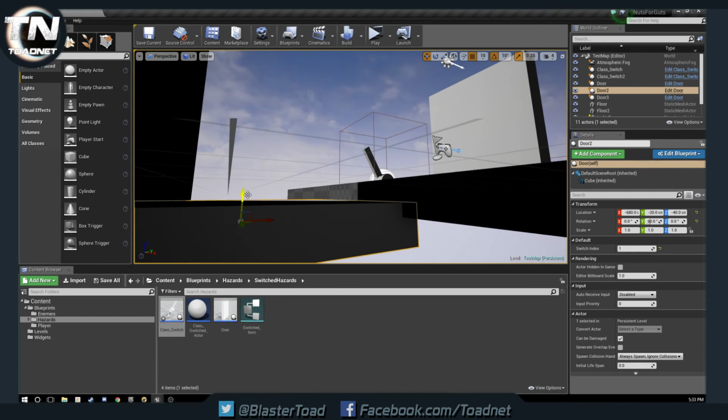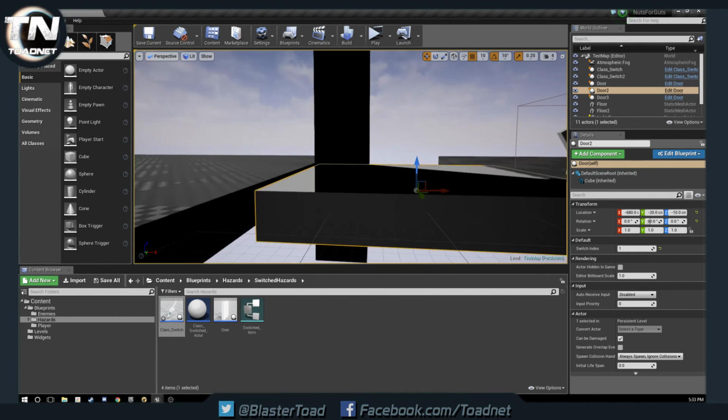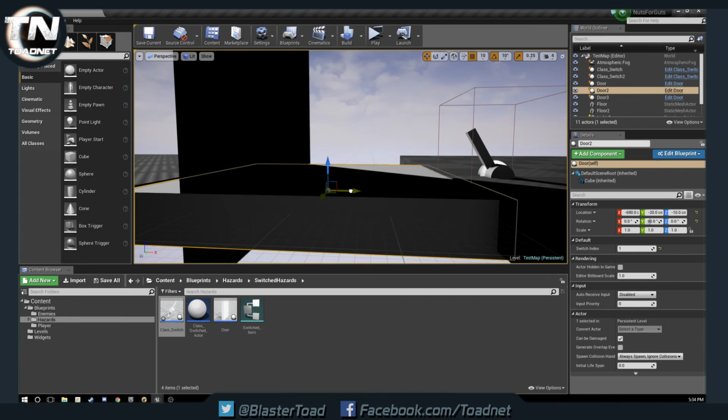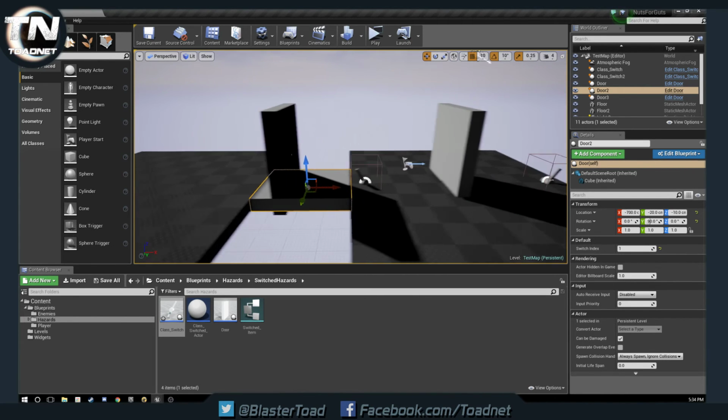I'm just lining everything up. I'm probably spending too much time on that, being too meticulous, but hey, that's part of my charm, right? Okay, so